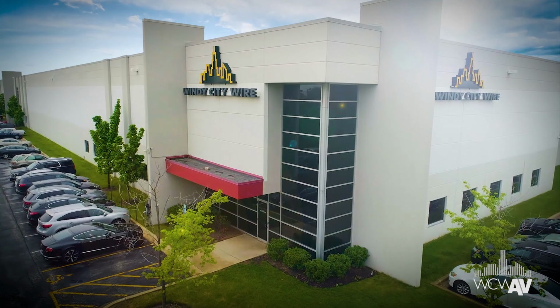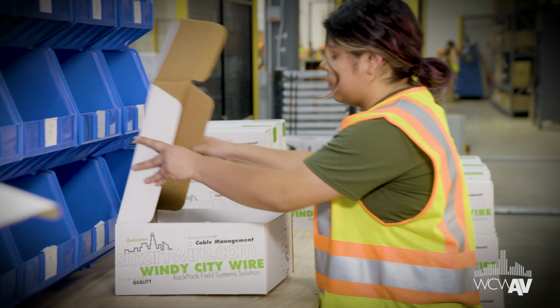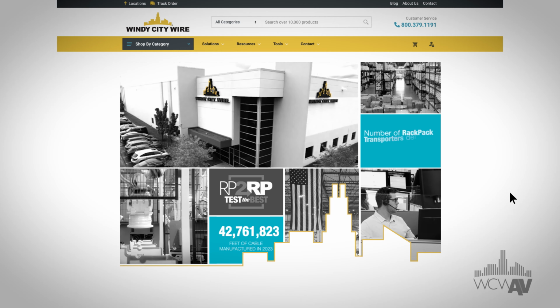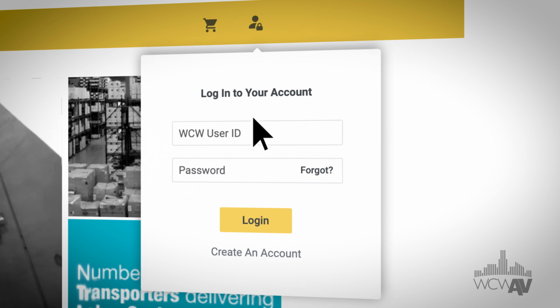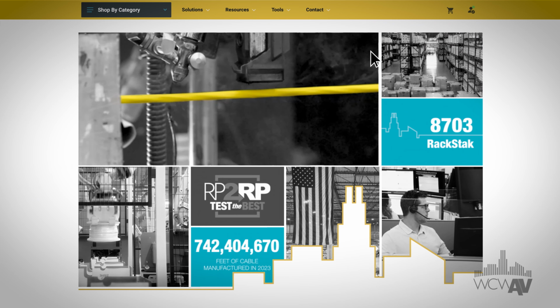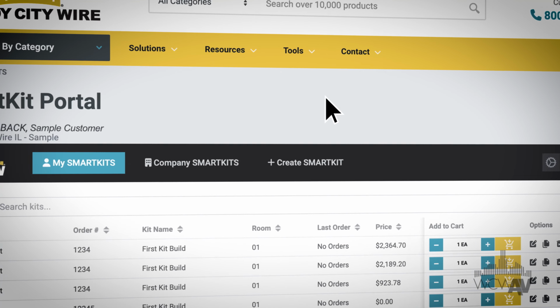With Windy City Wire's kit building feature, you're able to utilize custom smart kits to streamline your projects and simplify small parts management. Begin by visiting windycitywire.com and logging in with your account credentials. Then select Kit Builder under the Tools section of the main navigation, where you will find all your company's kits